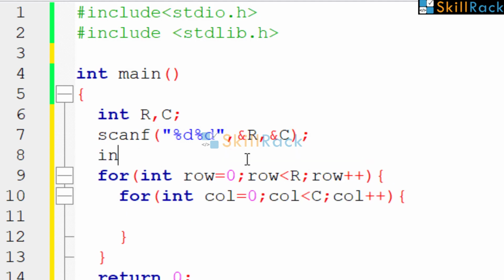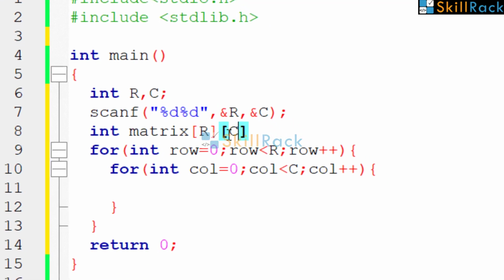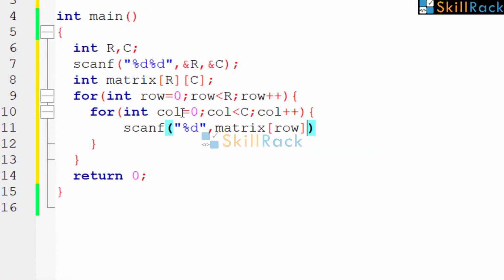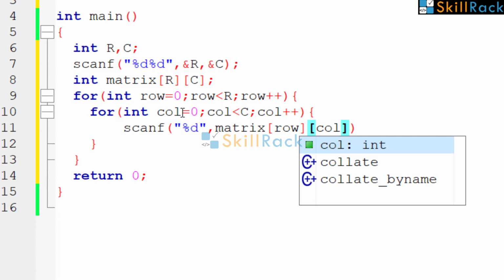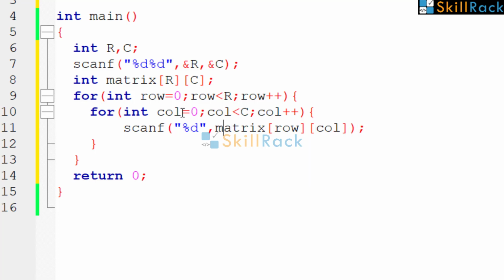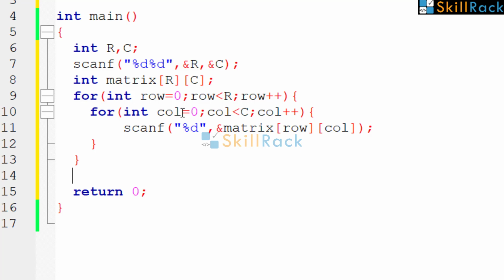So before that, we will declare the matrix. Don't forget the address of operator. So now we have accepted the matrix value as the input.